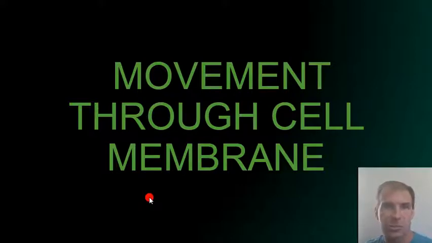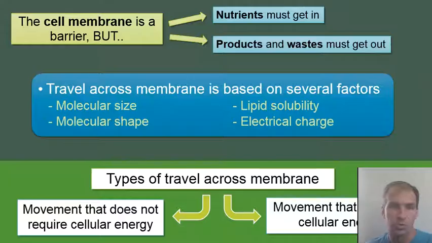That house has windows and doors that we can use to allow certain things to come in if we want, or certain things not to come in. When it comes to the cell membrane, some things are going to pass through fairly easily, like gases. Other things, like glucose and other compounds, maybe proteins, won't pass through so easily. And so I think this idea of doors and windows is a good place to start, because